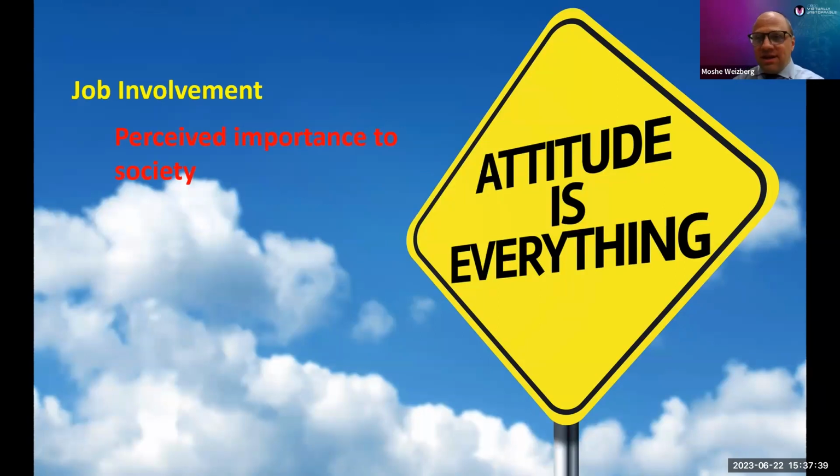For us, that means, does our prospective emergency medicine resident believe that being an emergency medicine doctor is an important thing to society? And how much do they value it? And the reason why job involvement is important is because it has been demonstrated that employees who have high levels of job involvement, meaning they believe what they're doing really is important, demonstrate higher organizational citizenship behaviors, which means they do the things that are not necessarily the integral part of their job, but are also things they just have to get done, like their paperwork. For us, this would mean logging duty hours, getting your procedure log in.